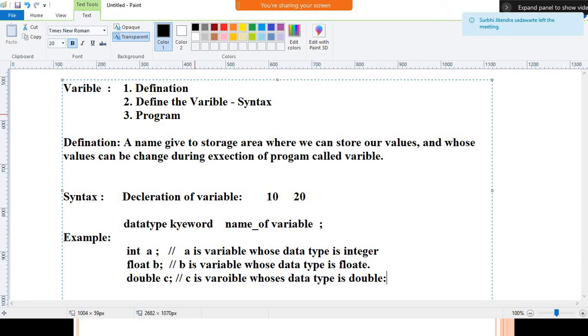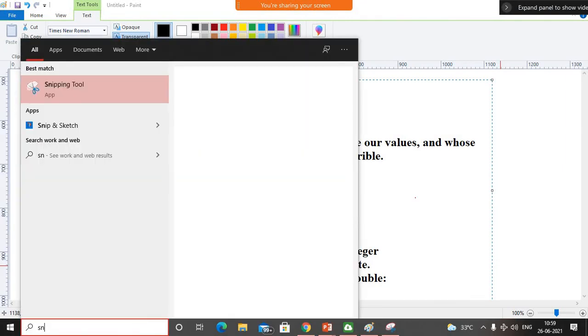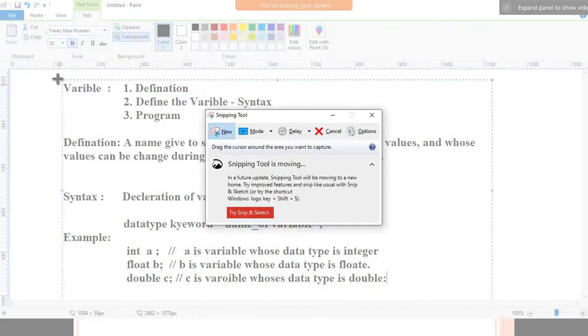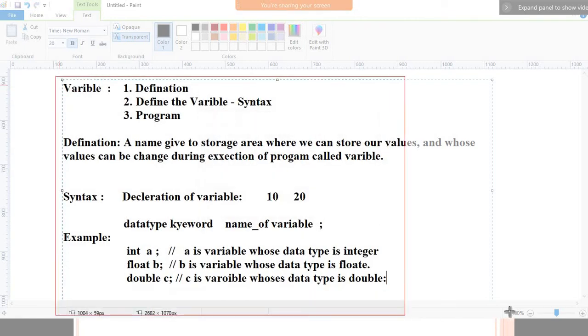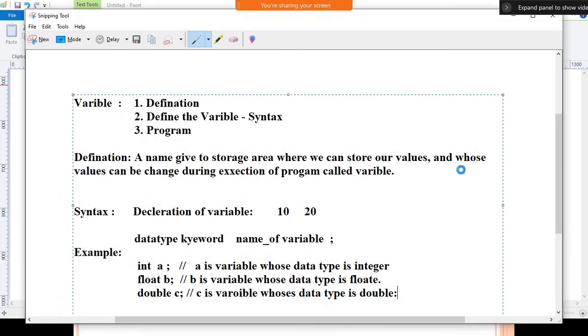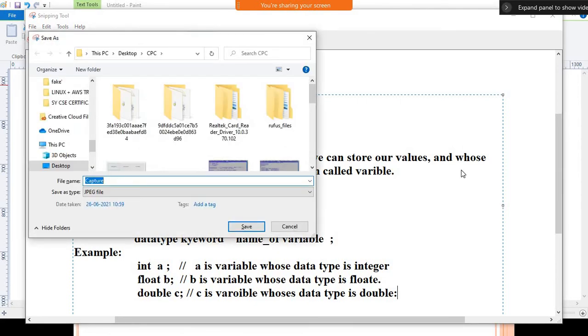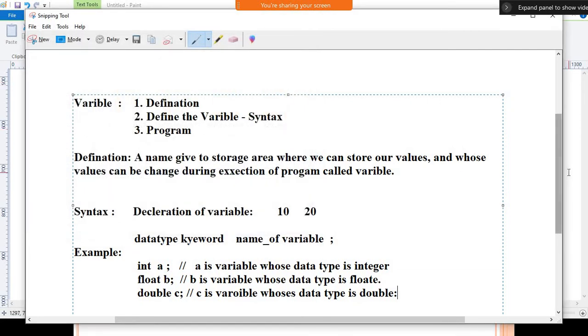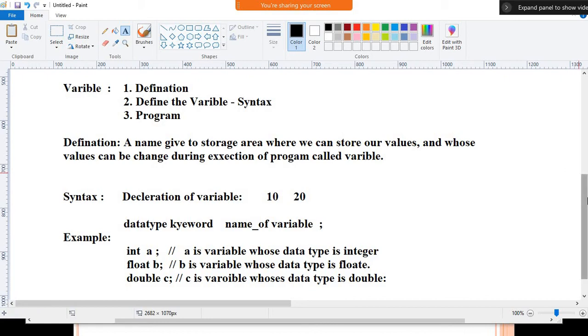Like that, this concept is called declaration of a variable. Now in this way we are able to define the variables. Now we will use initialization of variable.